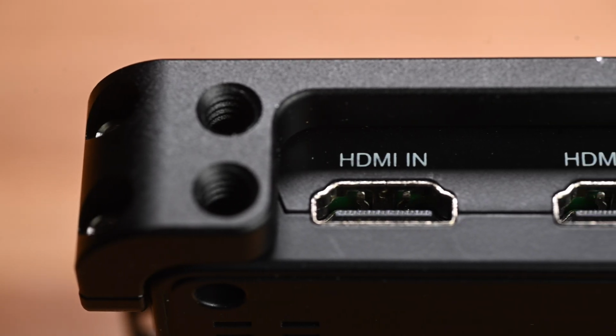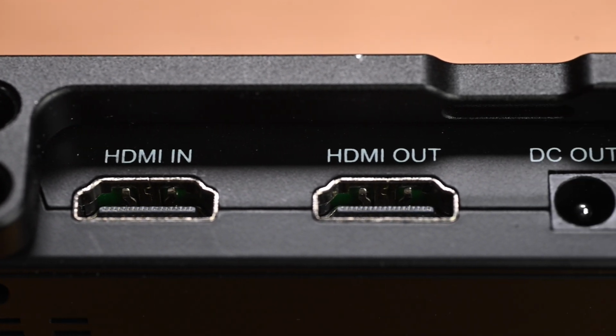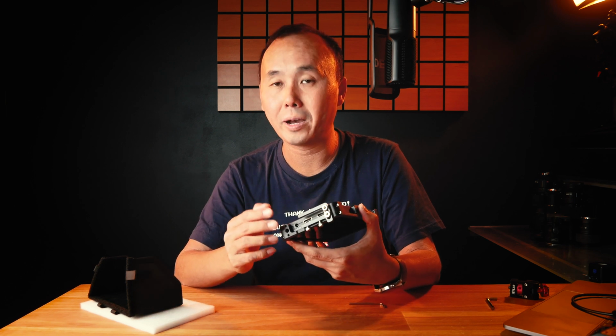With the cage installed, you still have access to all the input and output ports and also the buttons on the monitor. And then the next thing you probably want to do is to install and secure the HDMI cable